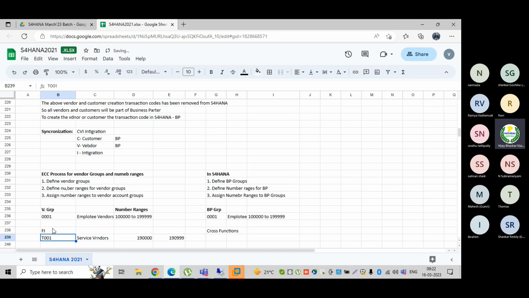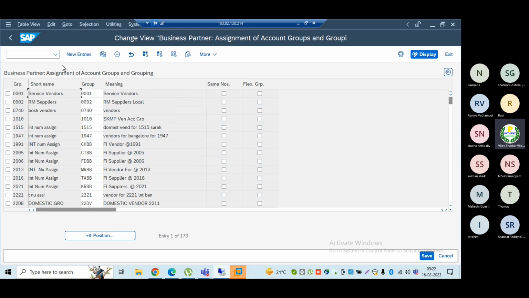In the cross functions, I have created a separate business partner. Same group I have created, same number range I have maintained, even for cross functions, this finance business partner. Let us see what will be the impact.